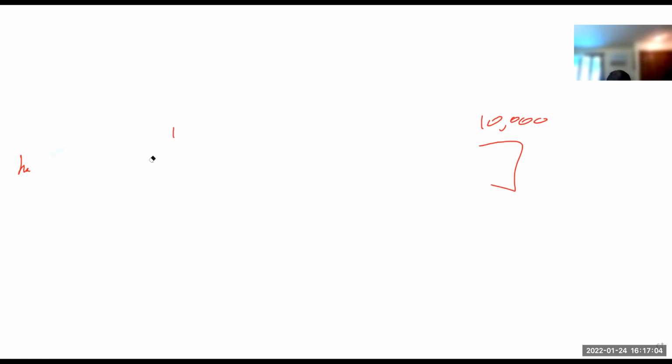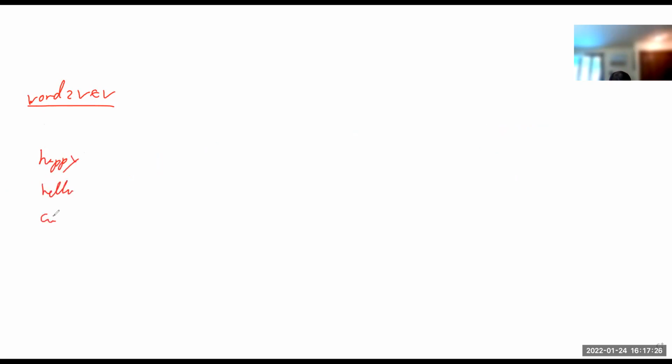Instead, a more efficient way of representing words is by word embeddings. And what that means is that you're going to use an algorithm, which is usually called word2vec or something else. It's going to create a list of words. So let's say happy, hello, car, boat, cat, and so on, right?